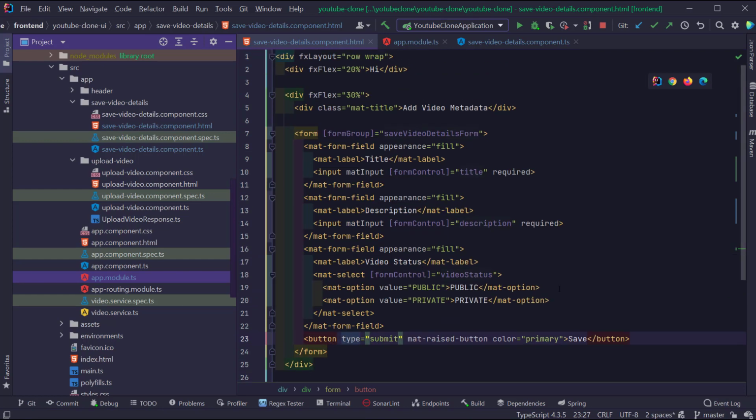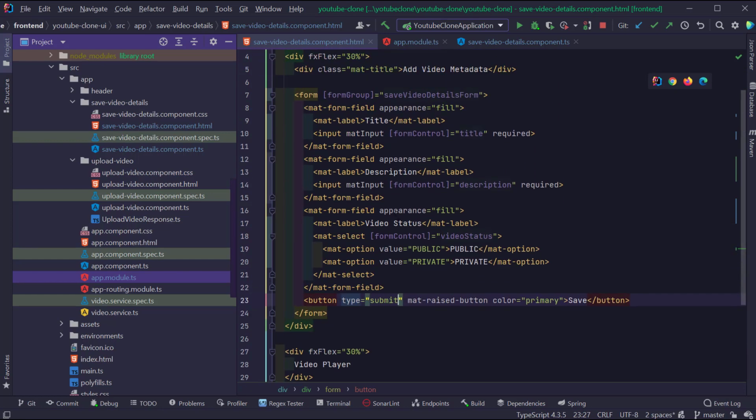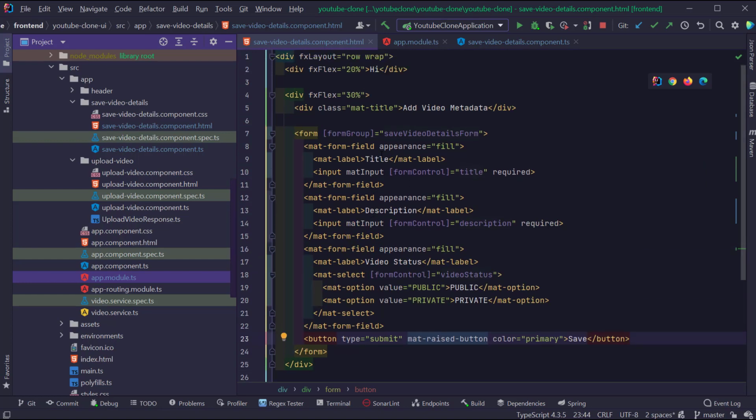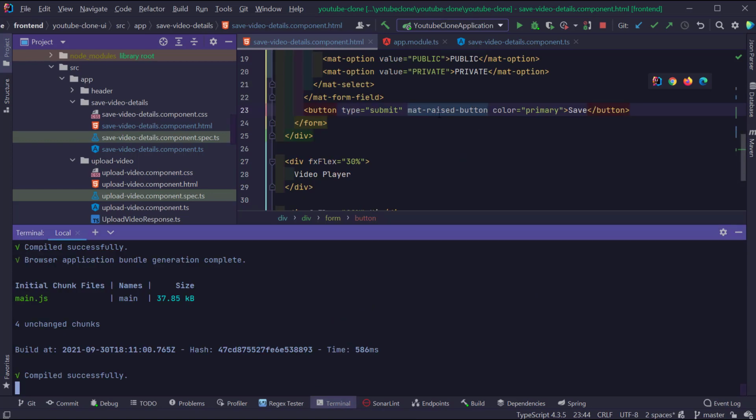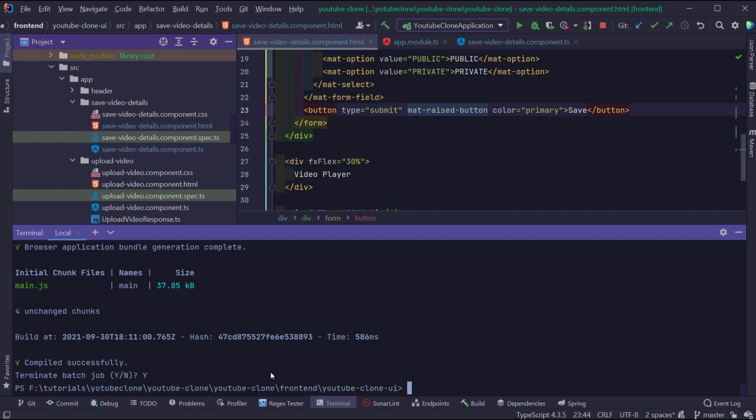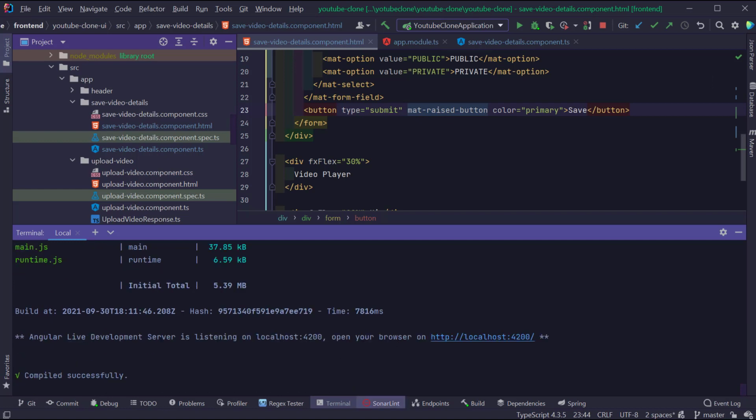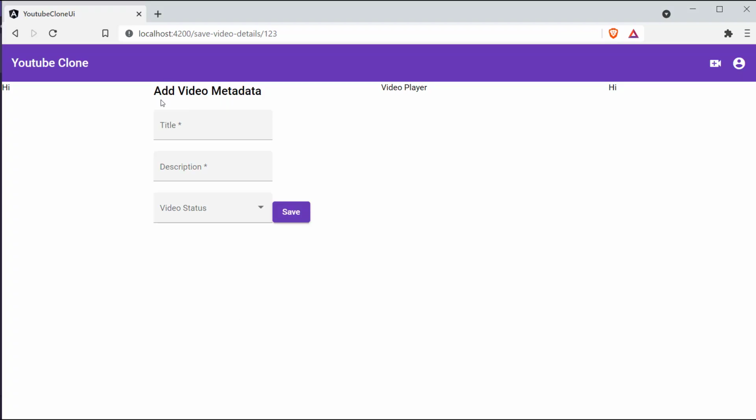Alright, so I think after doing all this coding, we should have a simple form with a title input and a description input and a drop down with values public and private, followed by a button called save. So let's check if these components are displayed according to our expectations or not. But first, as we have done some changes to the app module.ts file, I'm just going to quickly restart the server. Once the server is restarted, I'm going to open the application again, and here you can see that we have